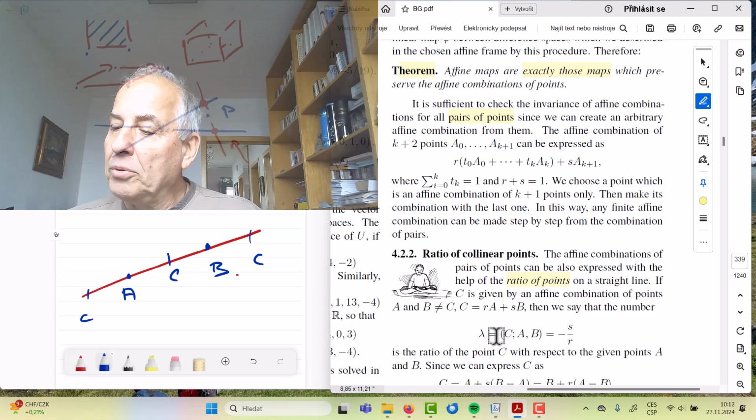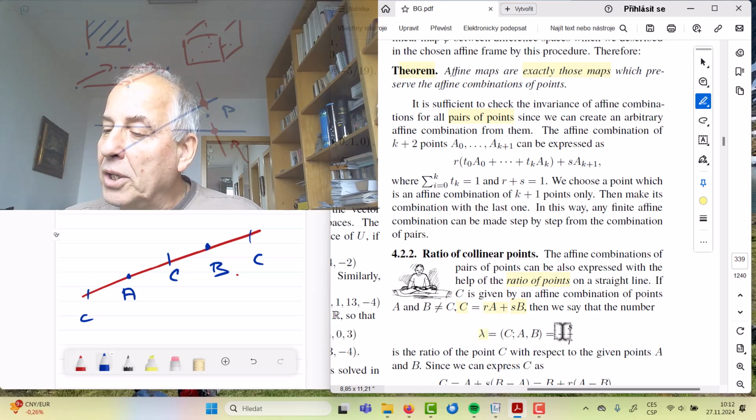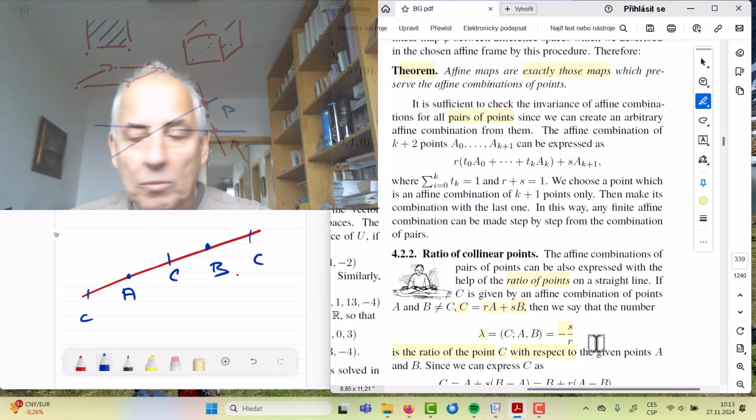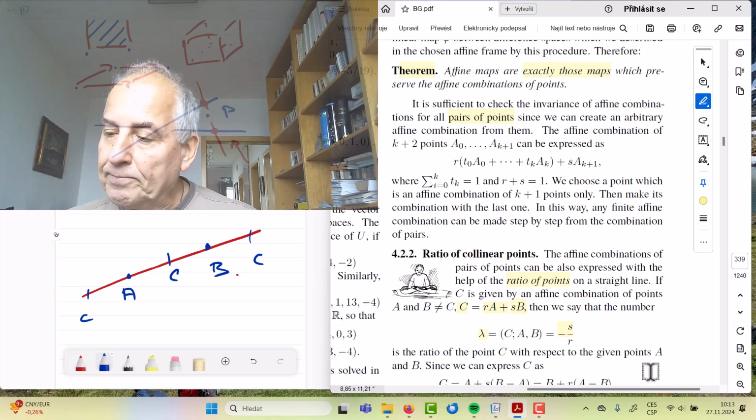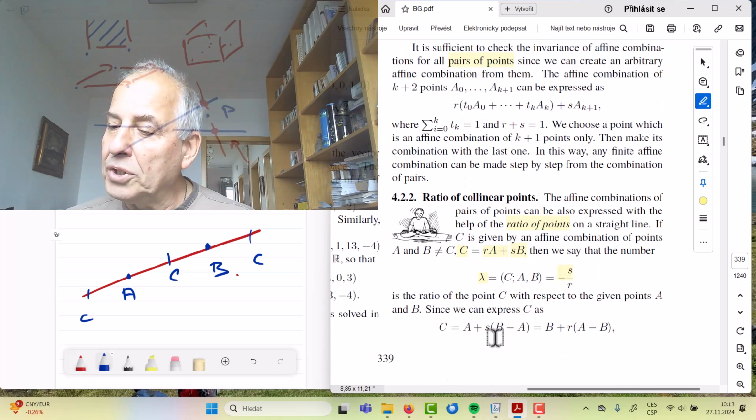And that's computed in such a way that each such point C is given as an affine combination of the 2 points. So you have 2 free parameters there, R and S, and we simply define the ratio lambda to be, well, for some technical reason it's taken with a minus sign, minus S divided by R. So you see the sign is chosen in such a way that